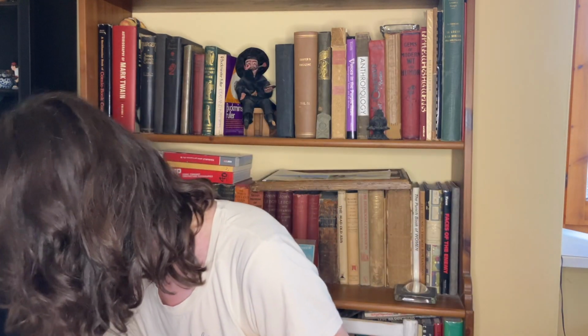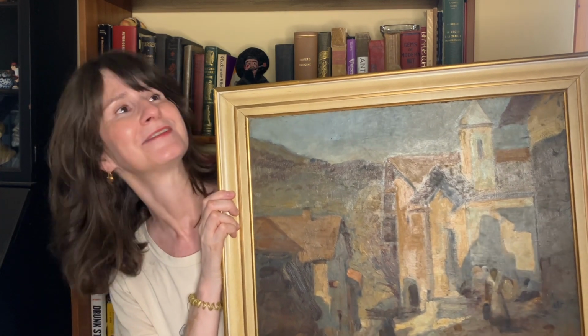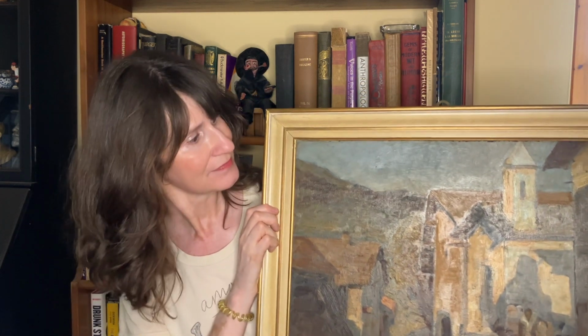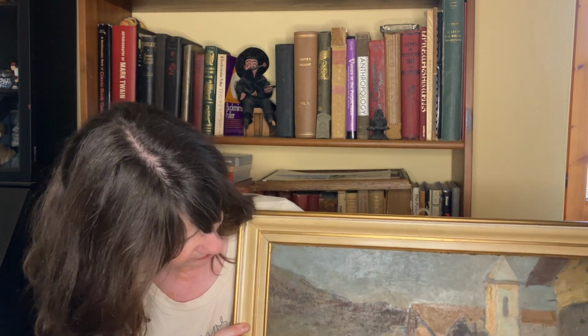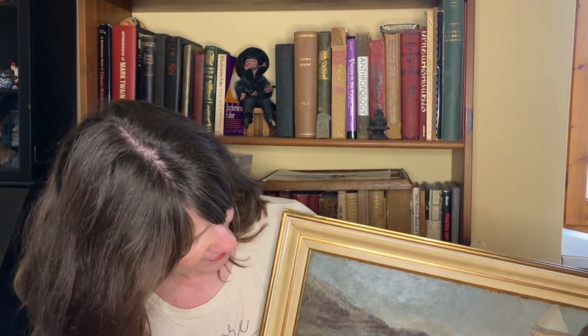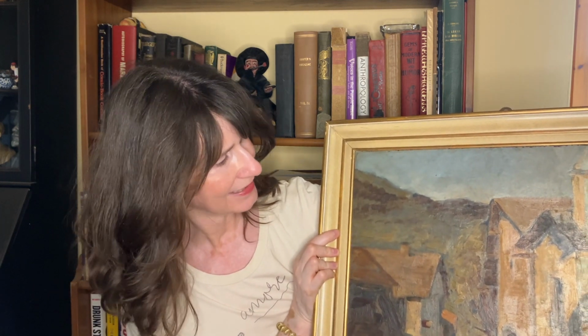The second was this one. I'm hoping that I can show you this, and if not, I will maybe add in a better picture of it. Another oil or acrylic painting. I think this one is oil just from the way it looks. This one is on a canvas board as opposed to wood as the first one. But it's another scene depicting